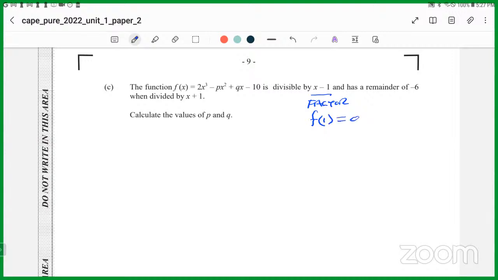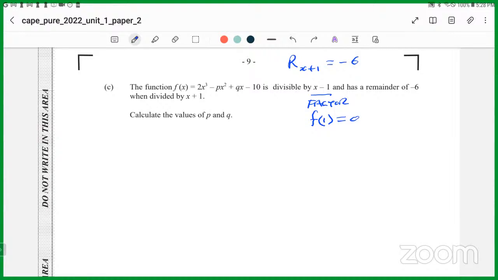But understand that, based on the factor theorem and the remainder theorem: if x minus 1 is a factor, f of 1 equals 0. If x minus a is a factor, then f of a equals 0. That's the factor theorem. And then it says it has a remainder of -6 when divided by x plus 1. So the remainder from x plus 1 is -6. I write it like this: the remainder from a divisor of x plus 1